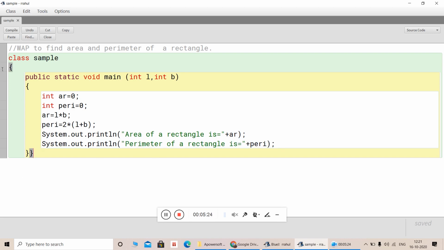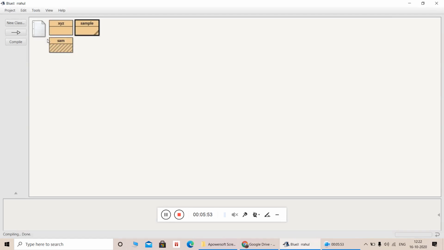Now the next step is what? I have to compile. You will find a compile button here. You click on this compile button. As soon as you click on this compile button, one message will flash on the screen, and the message is: class compiled, no syntax error, meaning there is no error in your class. There is no error in the program, and that is why you got this message. After completing this task, you have to close the class. Now my compilation of the program is done.